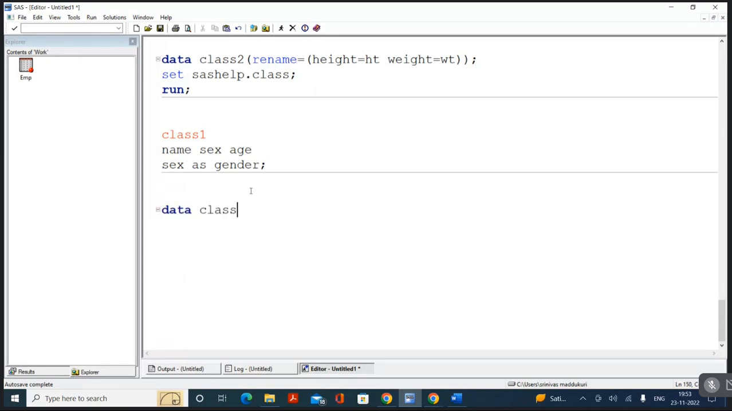Data, I want to create a class 1. So from where do I want to create this one? From